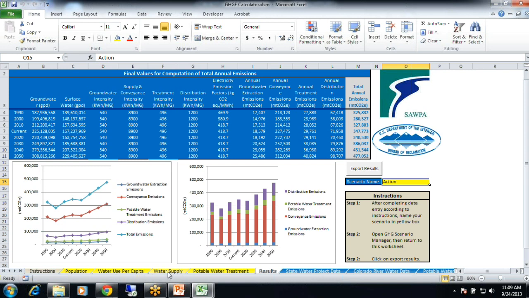Also, you can say, well, we estimate that this program is going to have an effect of, like for the previous one, we said 7,240 acre-feet per year. Well, what if you don't meet your goal? And what if you only meet half of that? Then what's the effect on the greenhouse gas emissions? And so you can use this calculator to analyze a lot of different aspects of how that project might meet its goals, might not meet its goals, and what the effects are.